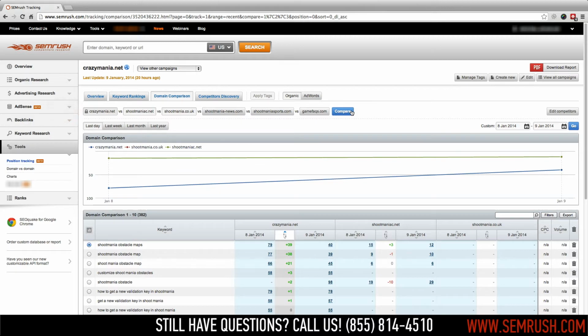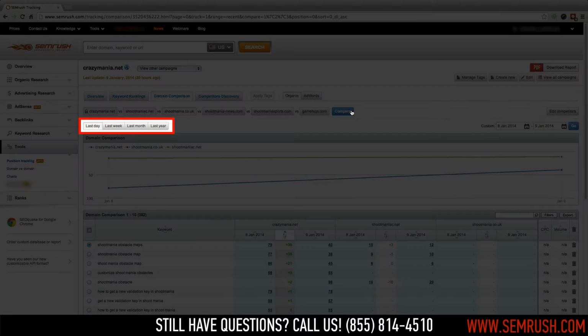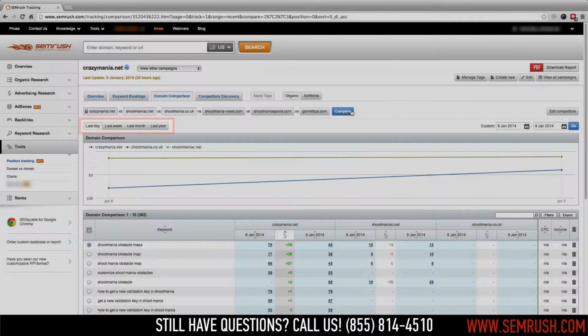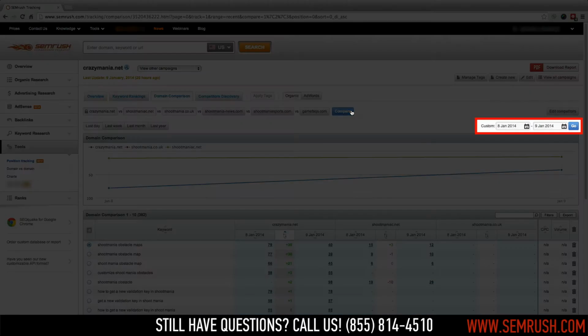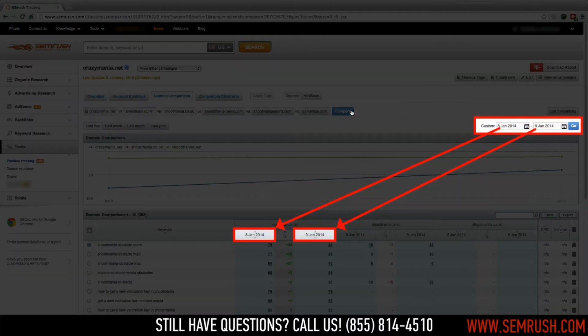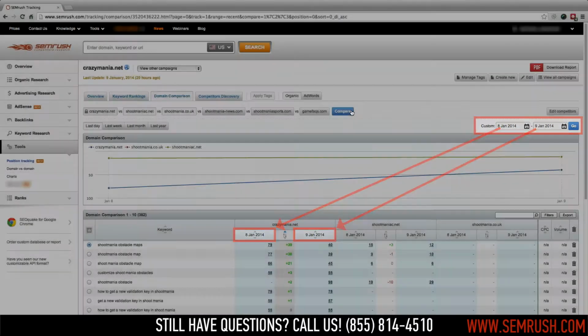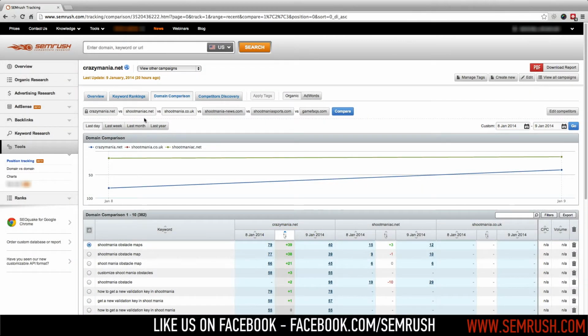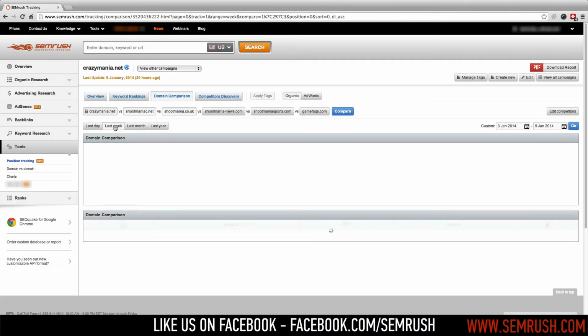You can now choose the date range using these 3 buttons just below your competitors, or a custom date range to the right. Essentially, what you're doing is defining a start date and an end date for your position changes. For example, if we choose last week, we'll be able to see the difference in positions from 7 days before